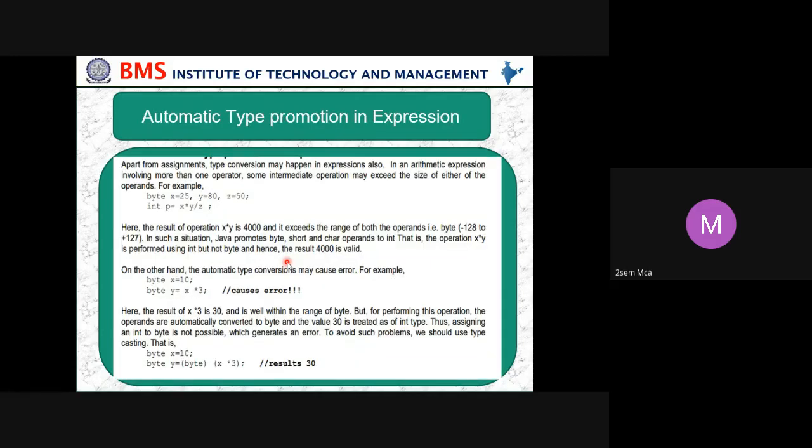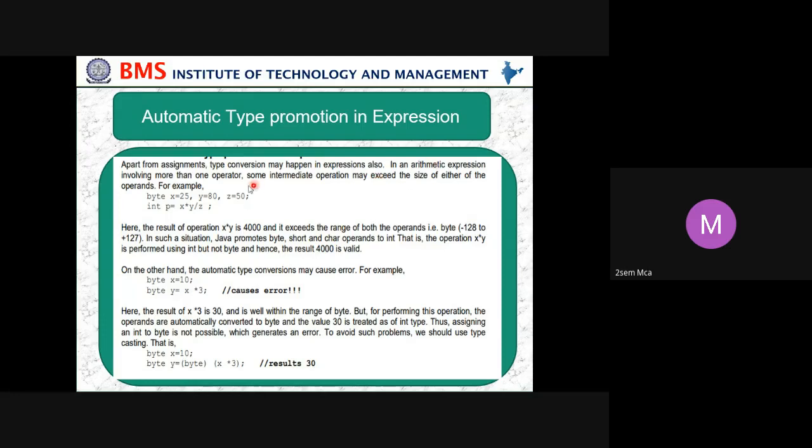Okay, so automatic type promotion in expressions. Not only when assigning variables, but even in calculations, apart from assignment, type conversion may happen in expressions also.